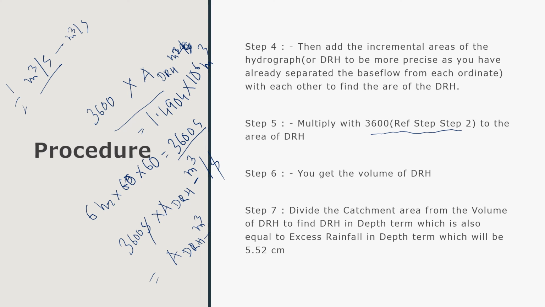Now, so you have got your area of DRH, correct, or total direct runoff. Now this is in meter cube. So what we'll do to get meter, because our aim is to represent all these terms in depth, because we have rainfall at a depth term. So what we'll do, we'll divide this area of DRH represented by meter cube by the catchment area,